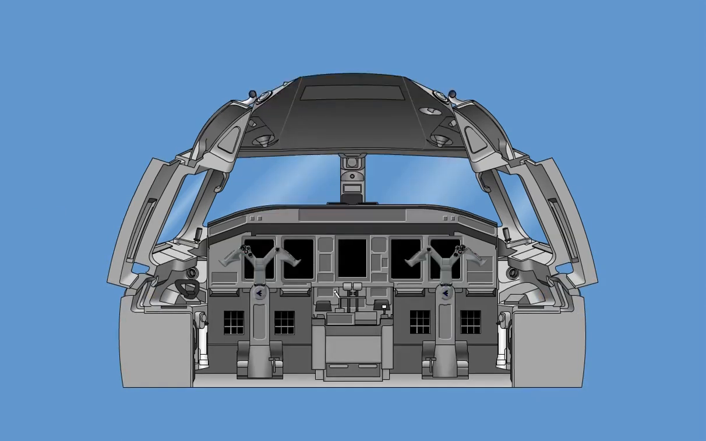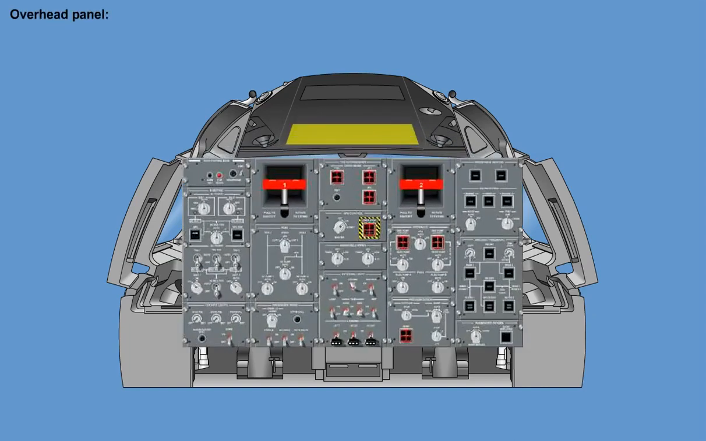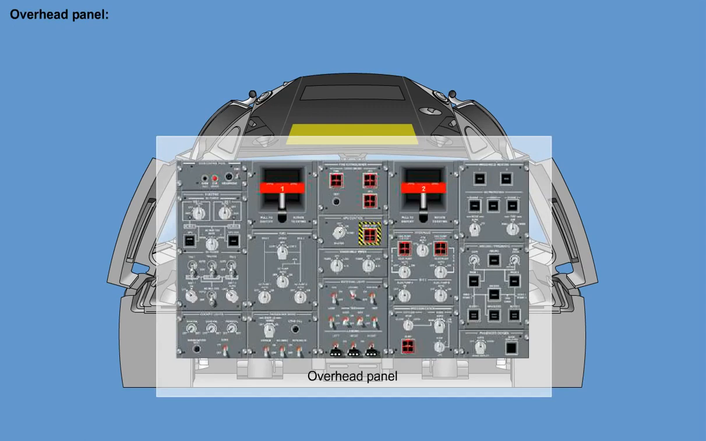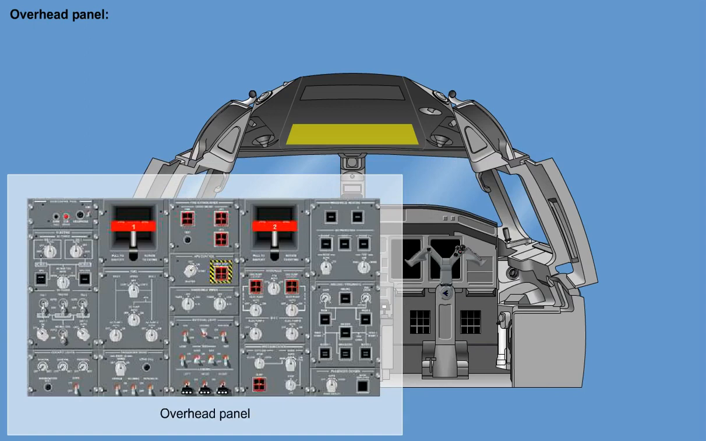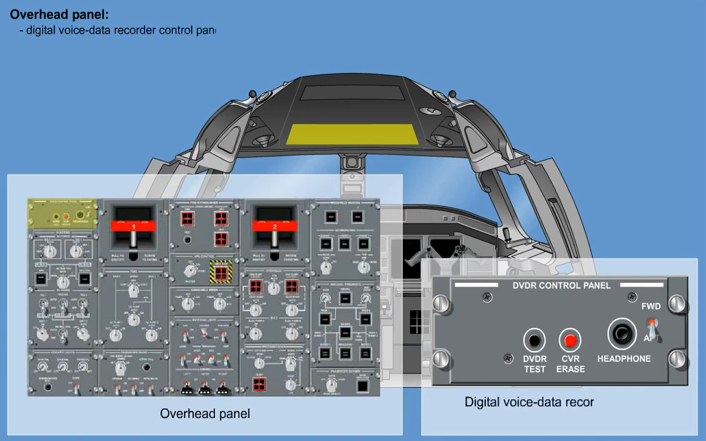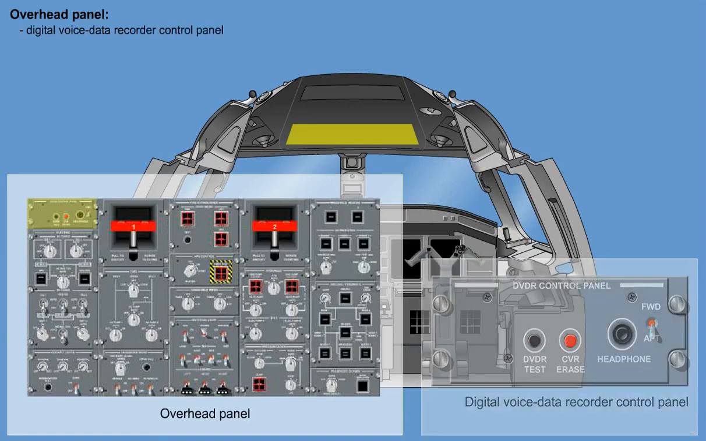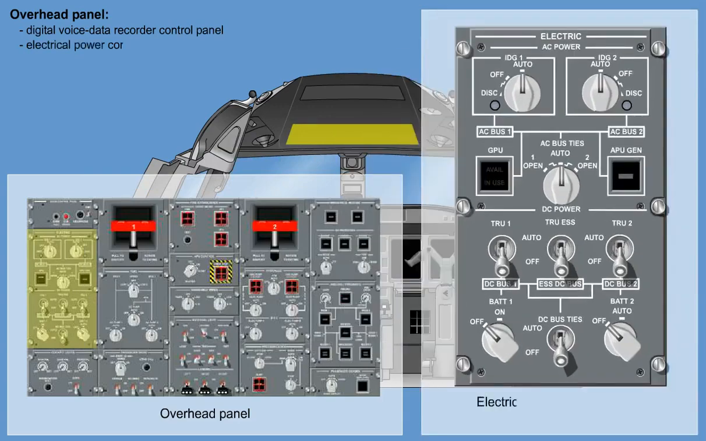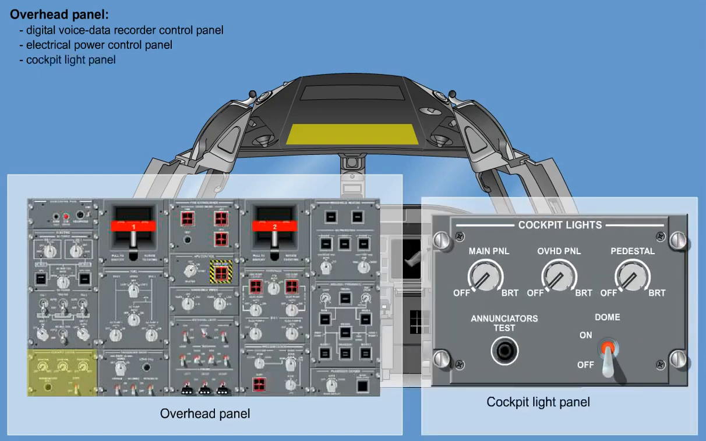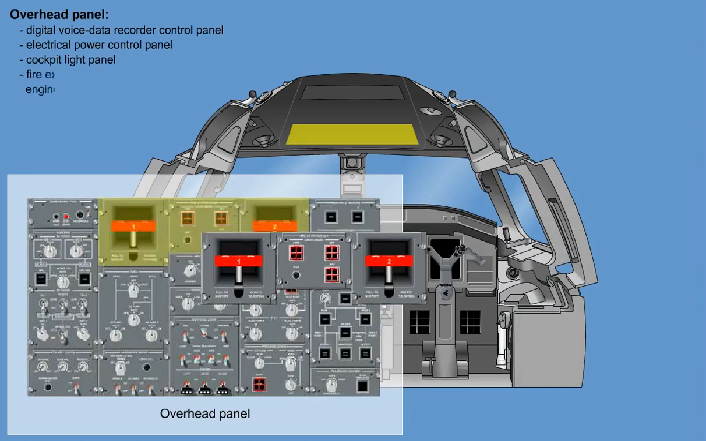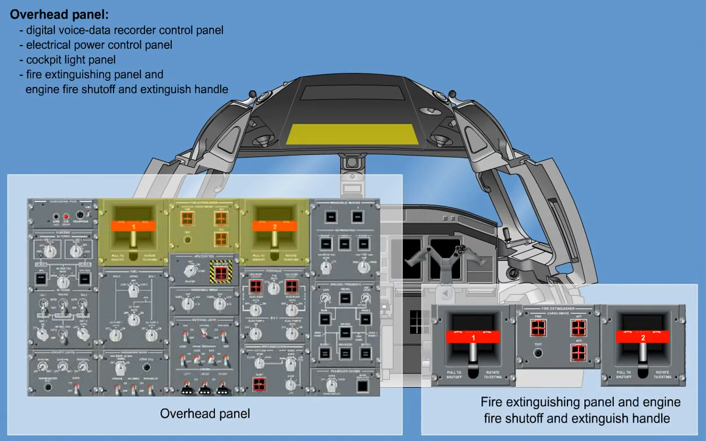Most of the controls for the aircraft systems are located on the overhead panel. The overhead panel system is divided into subpanels, which have integrated lighting for night flight purposes. The subpanels and controls found on the overhead panel are the digital voice data recorder control panel, the electrical power control panel, the cockpit light panel, the fire extinguisher panel and engine fire shutoff and extinguish handle,